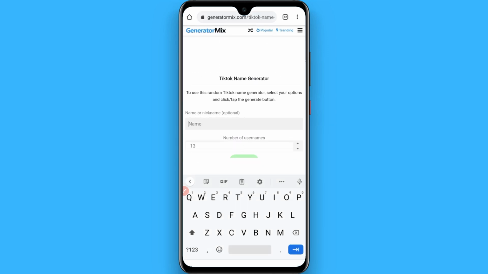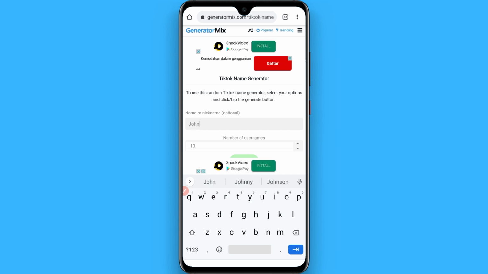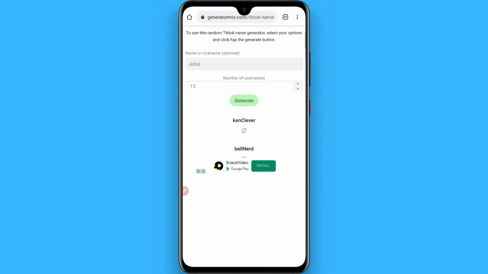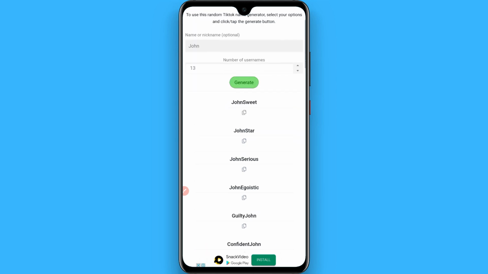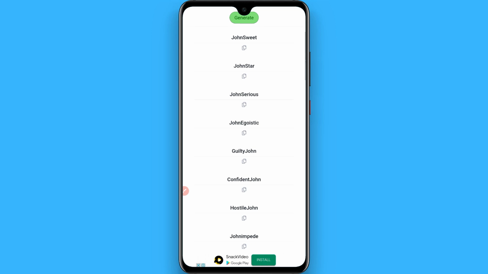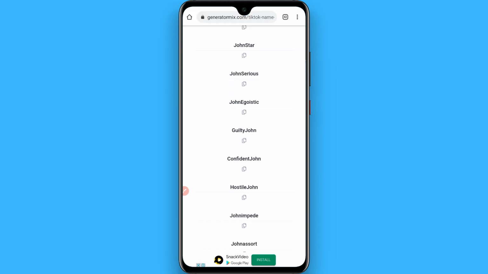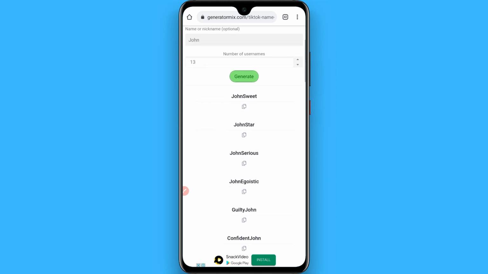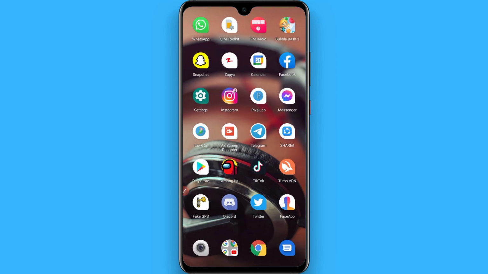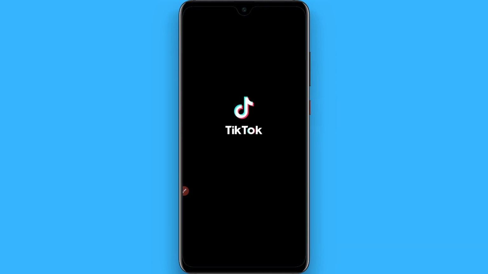Write any name here, like I write John here, and tap on generate. It's processing. Now you will see John Sweet, John Star, John Serious, John Agnostic, and these names are recommended. You have to copy a name and open your TikTok mobile application